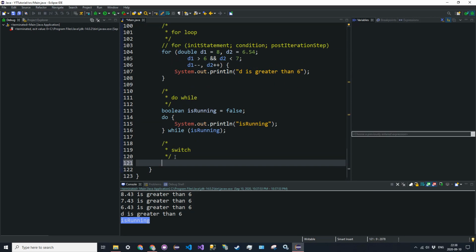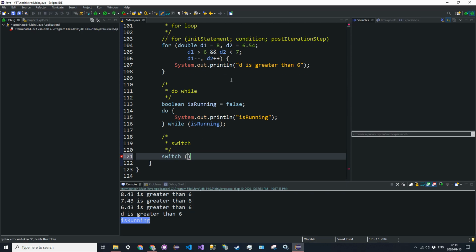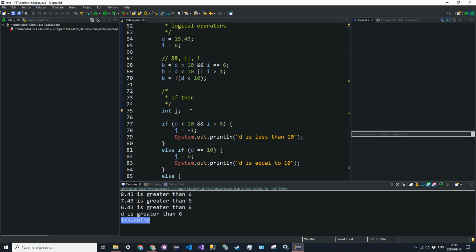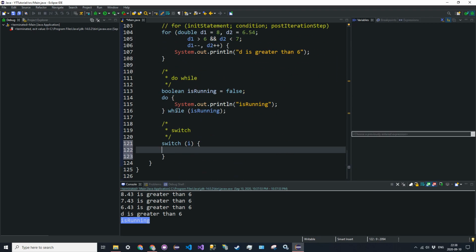So switch, it's pretty simple. You just test multiple values. It's kind of like a condensed if else statement. So switch, and you put the variable that you're testing. If you want to do multiple if statements for the same variable to test the value, so switch for i. What is the value of i actually? i is 6. Okay. So you put each case using case. So case, and then you put the value. So case 1,